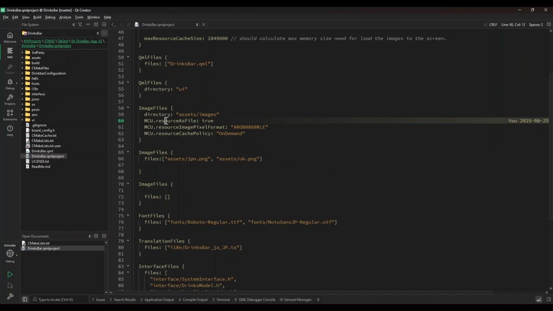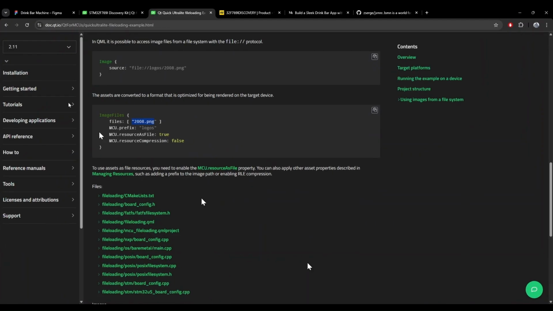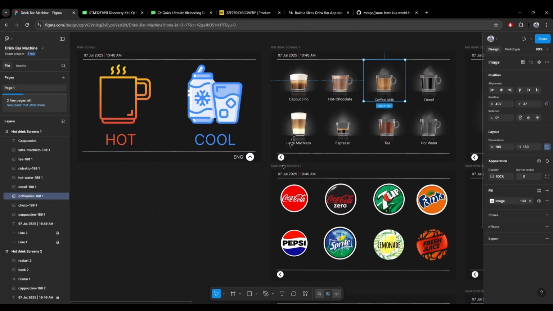Here, I've set the pixel format and cache policy. This ensures images are efficiently rendered and loaded only when needed. For more details on these settings, check the Qt for MCUs documentation. I will leave a link in the description. Another critical setting is the max resource cache size. This value must be larger than the size of the largest resource with the on-demand cache policy. Ideally, it should accommodate all on-demand images visible at the same time to avoid repeated decompression or copying to RAM